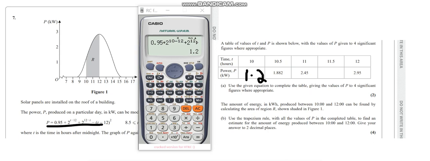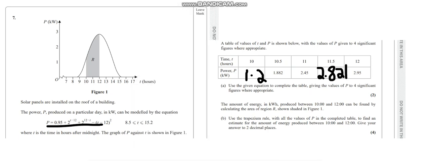And now to find the final value, which is 11.5, we'll plug in again, going backwards this time. Just plug in 11.5, same here, 11.5, and the last term left here is 11.5, and it comes to 2.821 to four significant figures as they had said. So our answer will be 2.821.